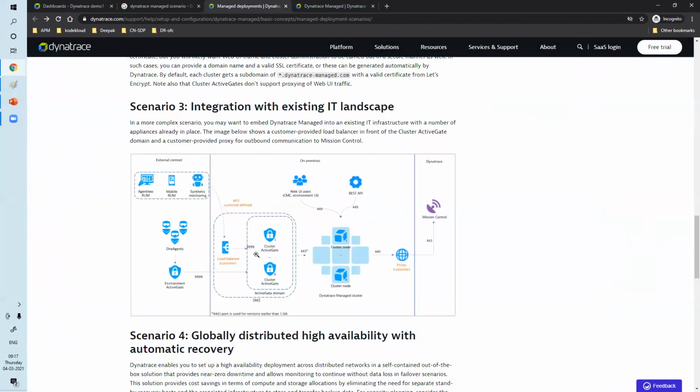Whenever you prepare the architecture, if you add one cluster ActiveGate, one cluster node, one here, one here, management will ask: if this cluster went down, what will happen? Again, you cannot see the data in the web UI. If this cluster ActiveGate was down for 2 hours, you cannot see the data for 2 hours, right? So you should add one more cluster ActiveGate, so that if this one is down, at least the other one should be there.